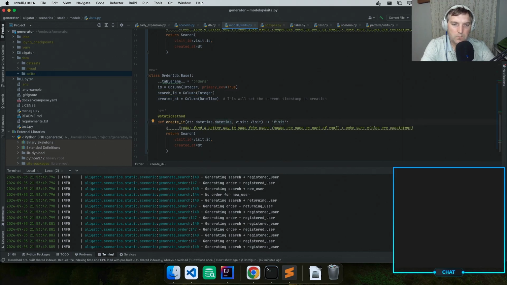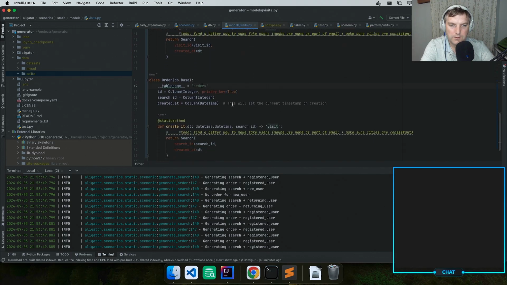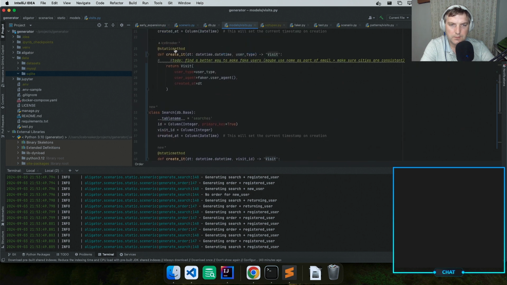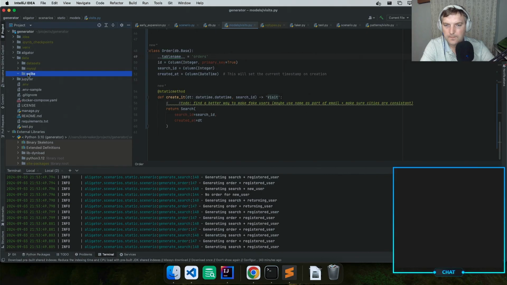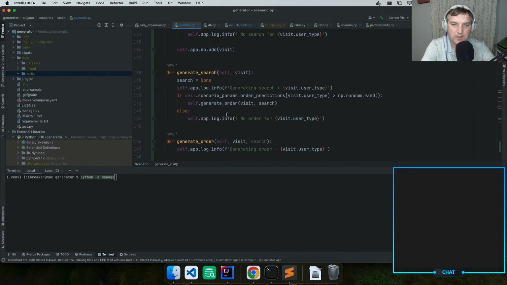And now we're saying that, okay, you need to pass search ID here, and the search ID will be equal search ID. And actually let's do exactly the same here, because I'm assuming that we have a visit object, but what if we don't have a visit object? What if it's just a value of the visit ID? Visit ID, orders, order, searches, search. Okay, SQLite cleared. Let's now implement